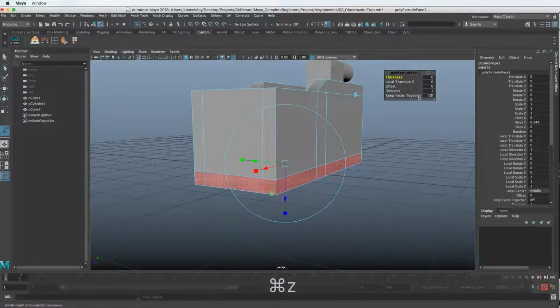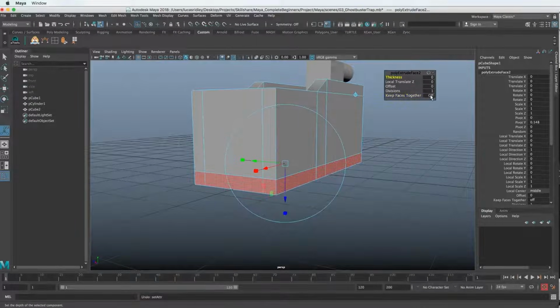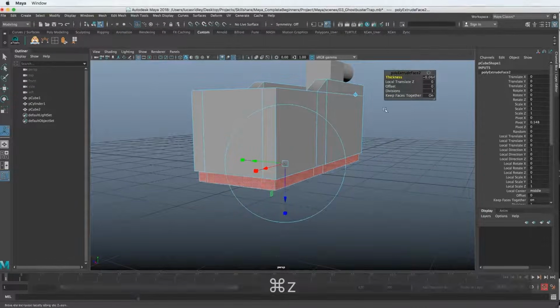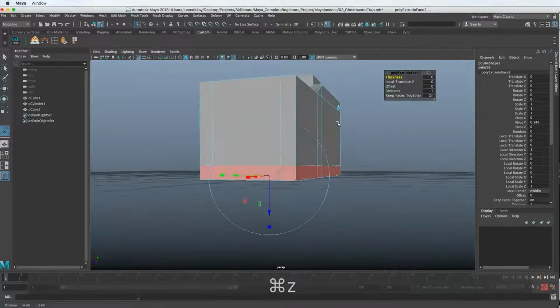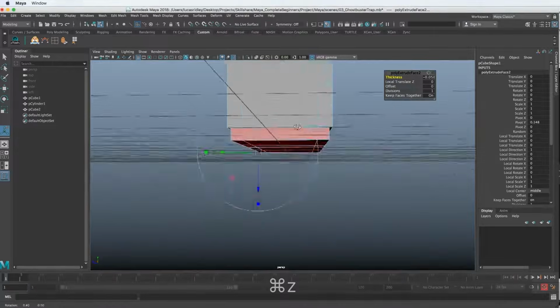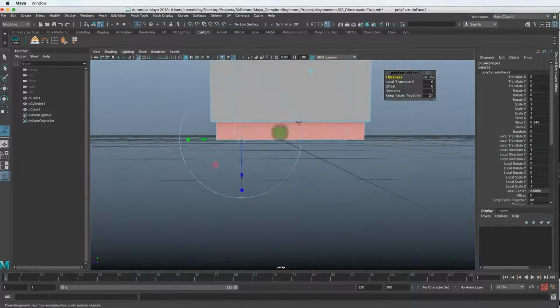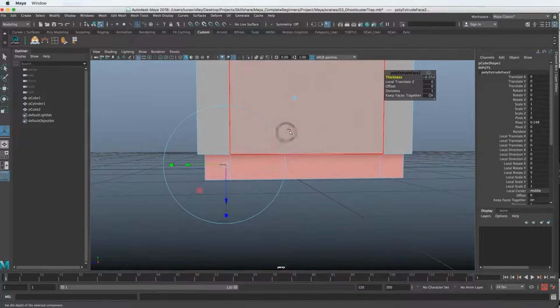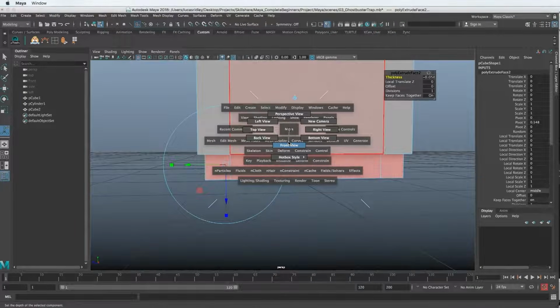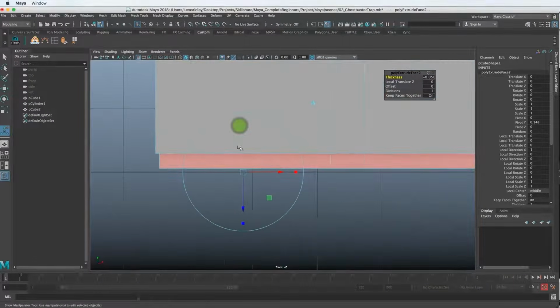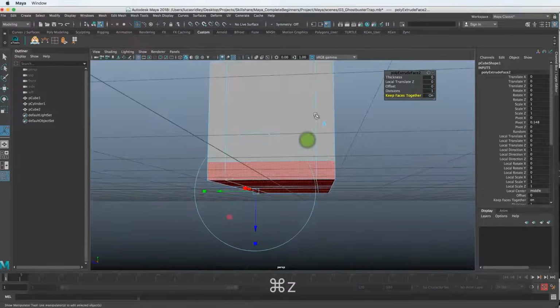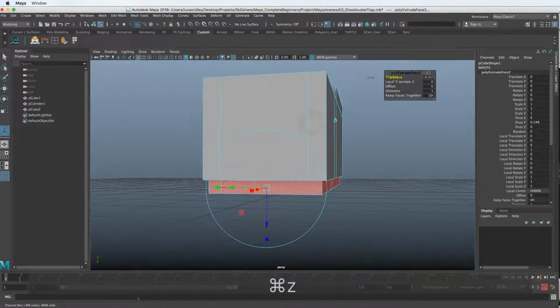Whoop. You can see we have Keep Faces Together off, so let's turn that on. And as this goes in, it'll all go together. The only thing with this is it's also going up. So that's the only issue there, is the fact that this is going up. If we go to the front view, holding down spacebar, clicking and dragging from the middle, you can see it's going up. So we can offset that later. Let's just bring the thickness in.